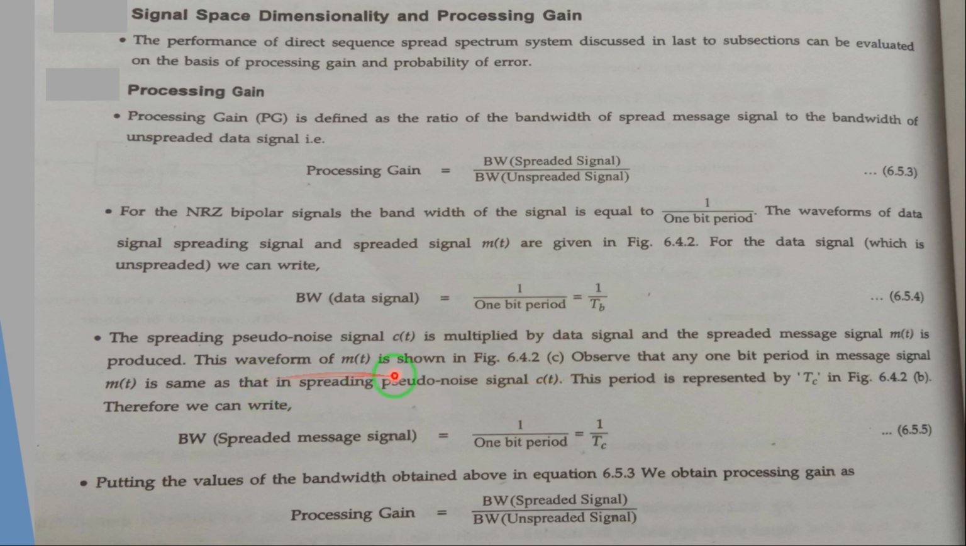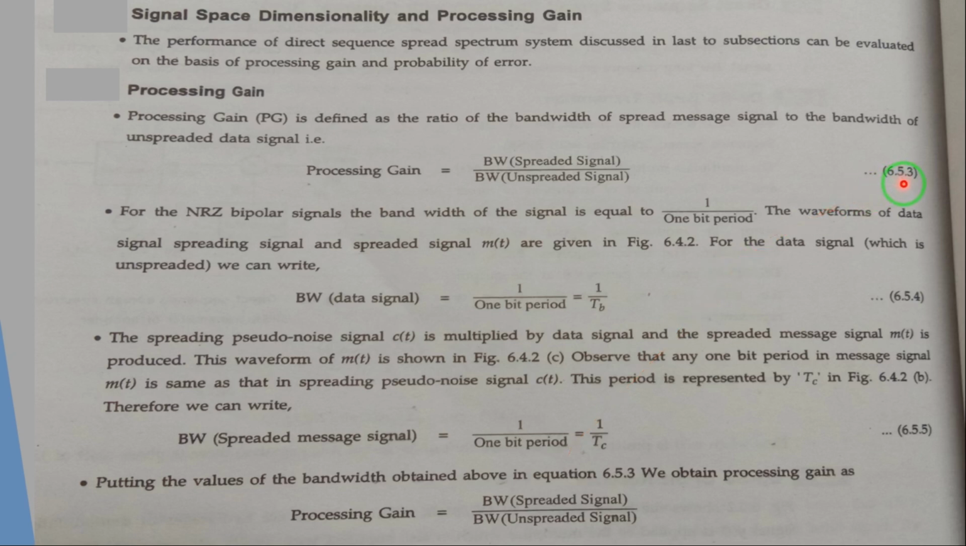And this waveform m(t) that we have seen in the previous figure. If you have already observed, I told you that one bit period in the message signal m(t) is the same as that in the spreading pseudo noise signal c(t), which is nothing but your Tc. So the bandwidth of the spread message signal we can write as 1 upon Tc, that is the one bit period. Now putting the value of this bandwidth obtained above in equation 6.5.3,